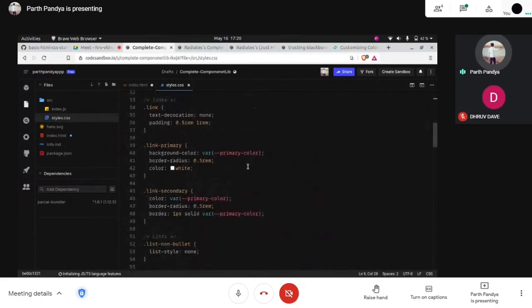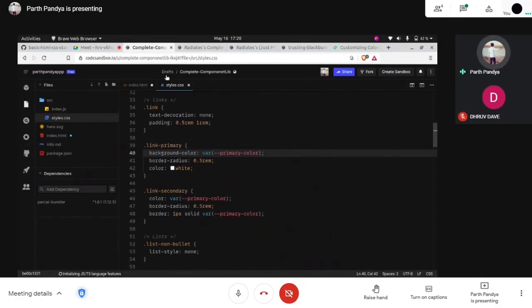So as a variable, how can we use that? We write var, which is a keyword in CSS, then open the simple bracket, and inside that we write the variable name, primary color.